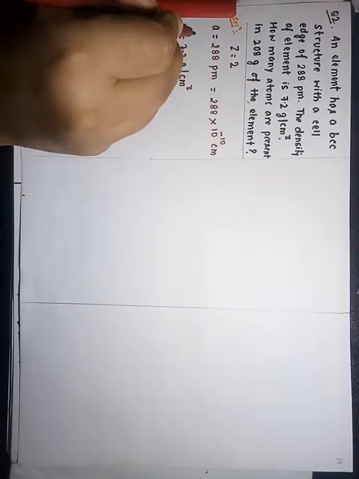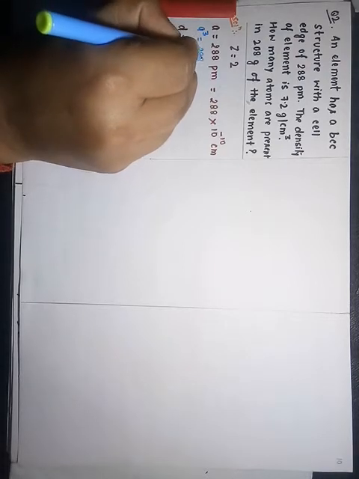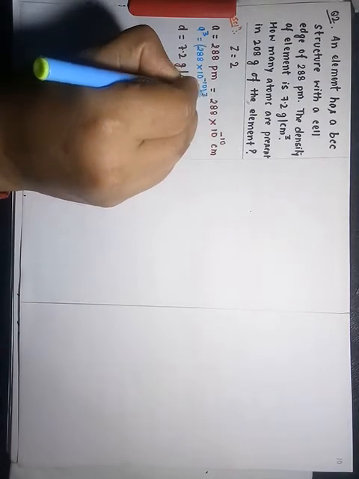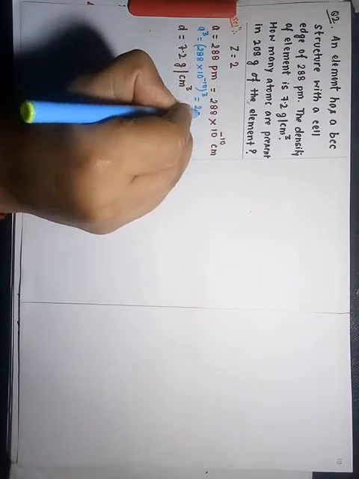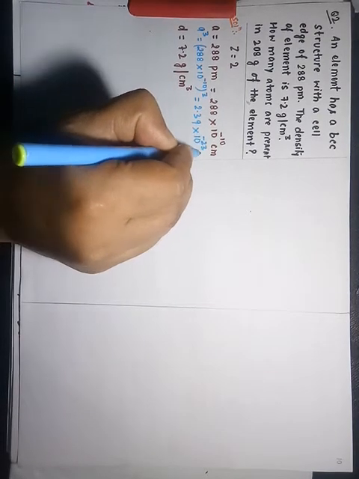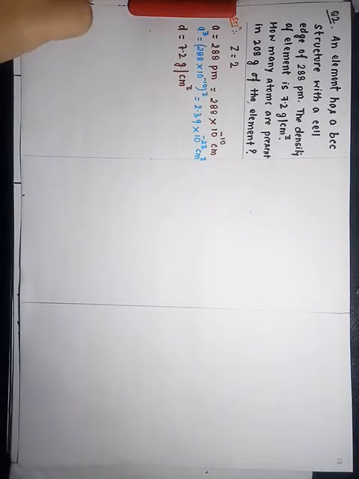Okay, so let us first do certain simple things here. Let us calculate here the a cube, edge length cube. a cube will be equal to 288 into 10 to the power minus 10 cube. This comes out to be 2.39 into 10 to the power minus 23 centimeter cube. It comes out to be this much, student. Density is already given to us. We have to calculate how many number of atoms. Now student, let us move ahead.